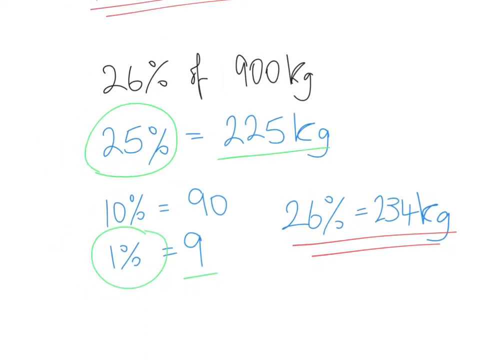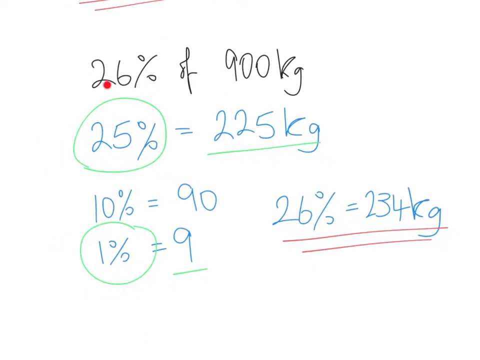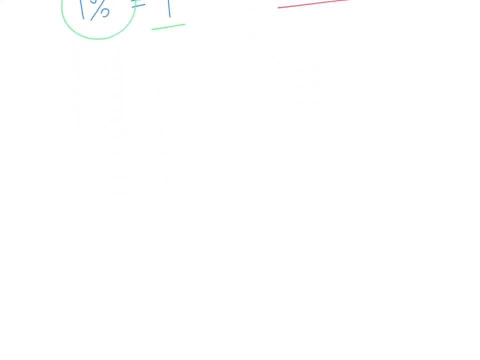I'm just going to talk you through that one again. We find 25%, which is 225, by dividing 900 by 4. We then find 10% by dividing 900 by 10, and then 1% by dividing our last answer by 10 again. We added the answer for 25% to the answer for 1%, which is 225 plus 9, which gave us 234 kilograms. And the final question is 86%